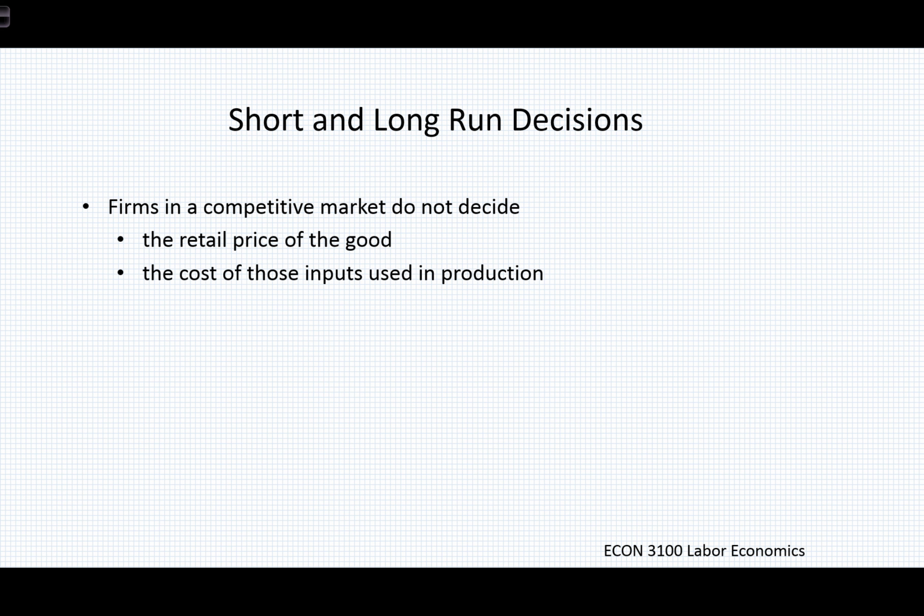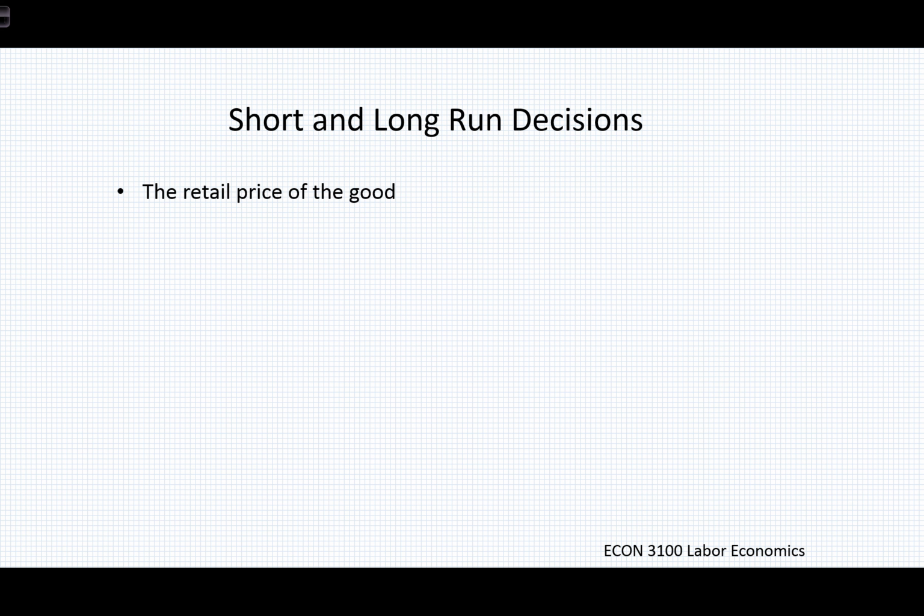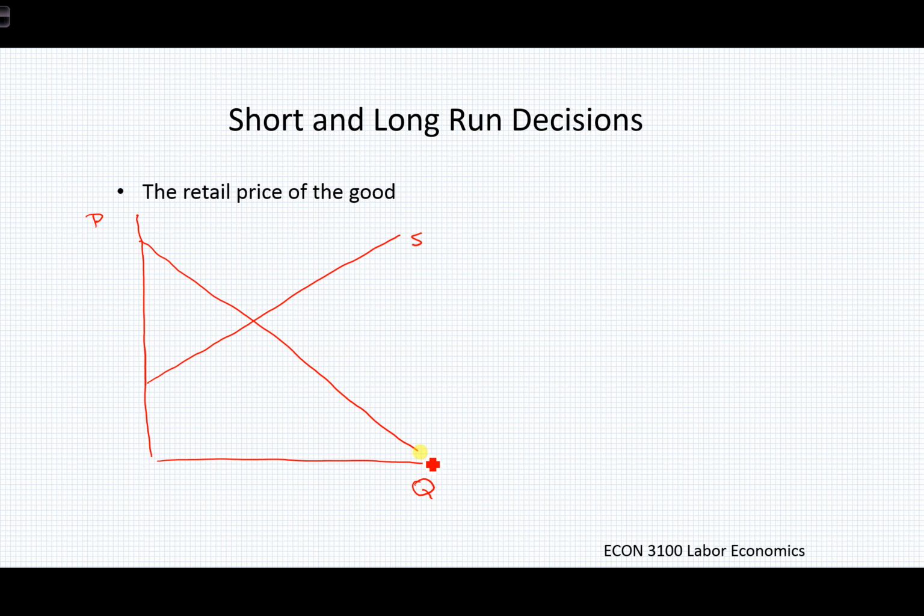To consider this, we need to think about what these look like graphically. So let's consider first the retail price of the good and see what we can say about the firm's role in setting that retail price of the good. First of all, we have a marketplace, of course. We suppose that if this is a competitive market, there are numerous producers of this good, and there is some supply represented by those producers. And there's some demand for the good represented by the market of consumers. And we know that this is going to yield some P star